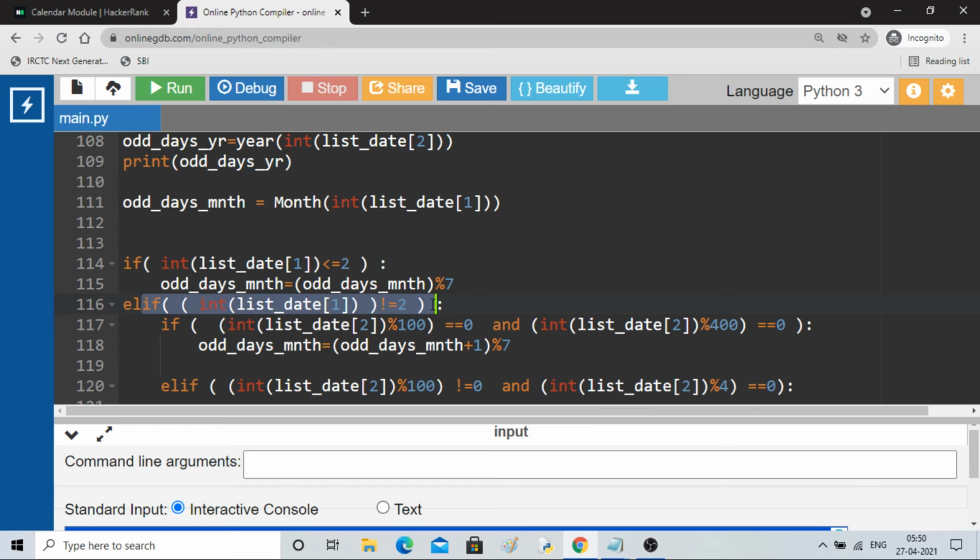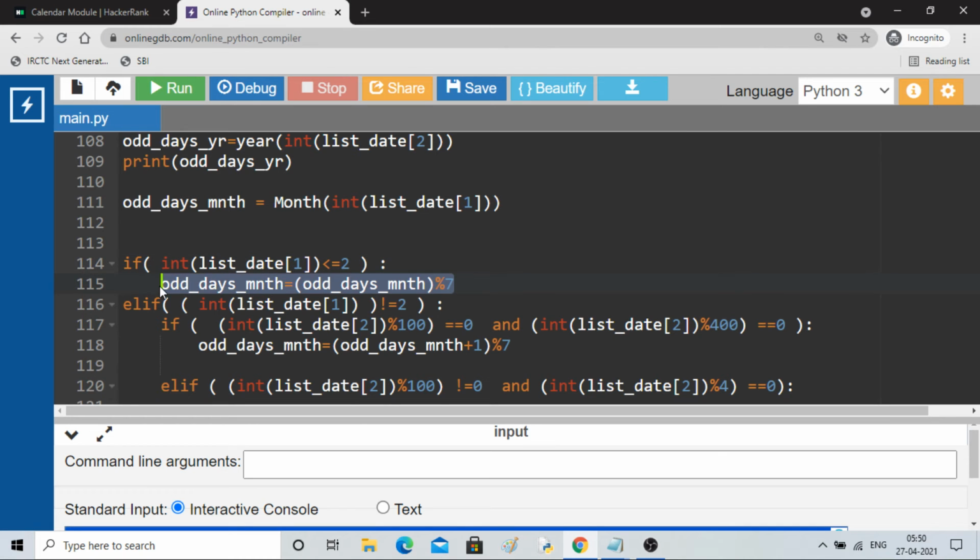Else it will check whether the month is not equal to 2, meaning whether the month is greater than 2 or not. That is what it is checking. Okay, so before 2 you won't be adding leap year, right?